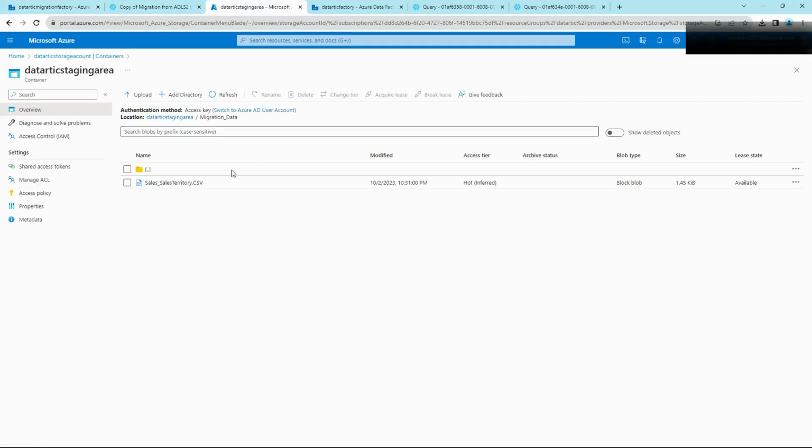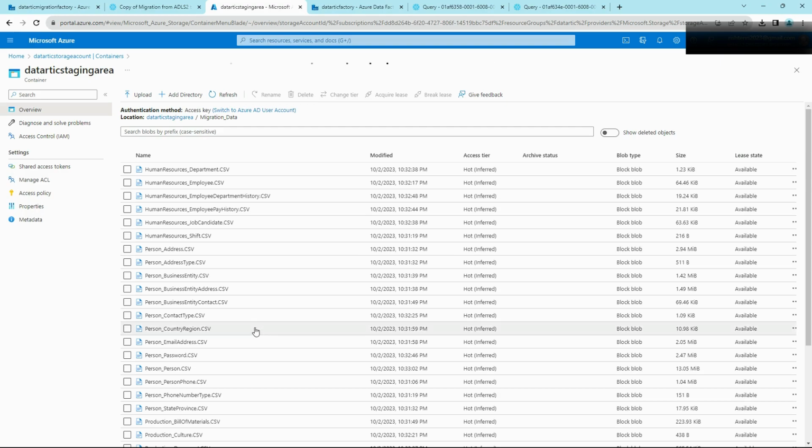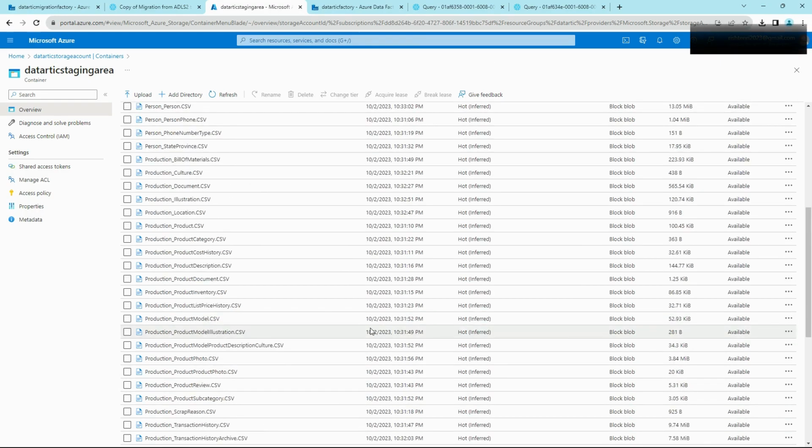What I mean by that is, if you go to your staging area, search for the file, and click on view/edit,